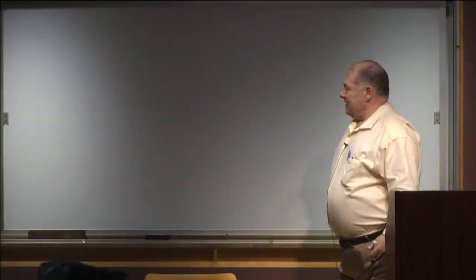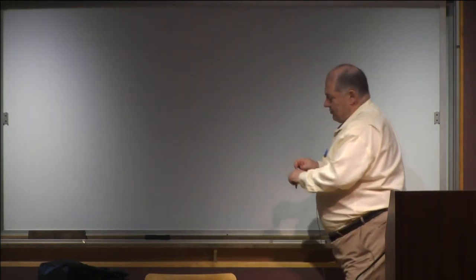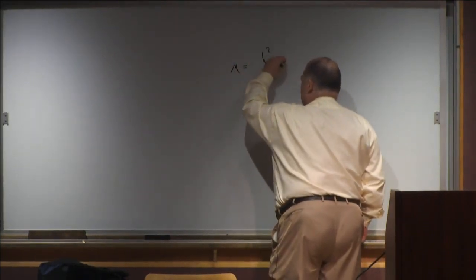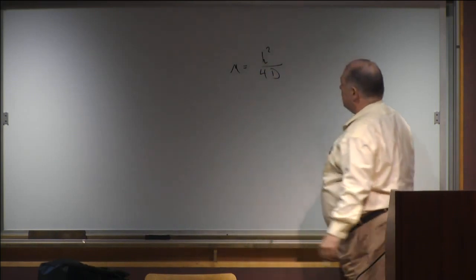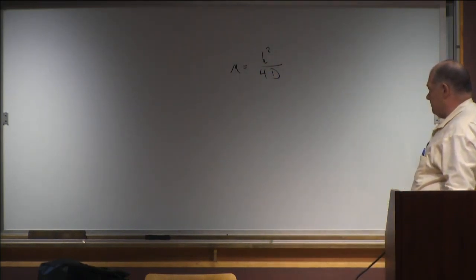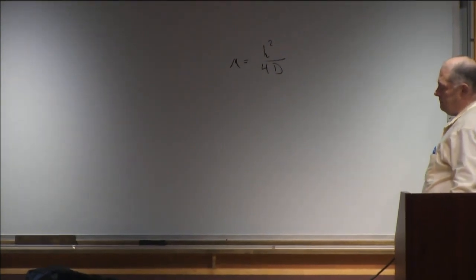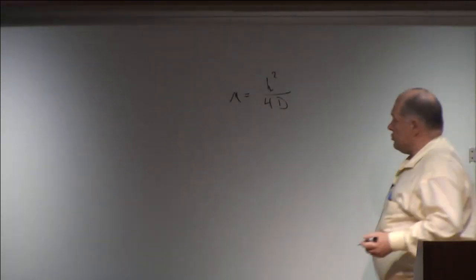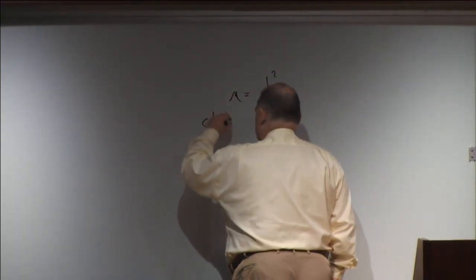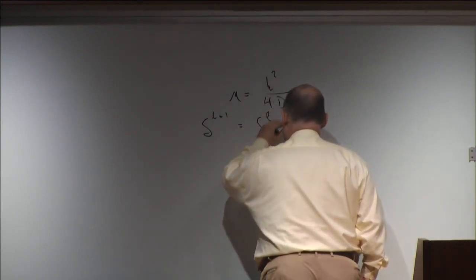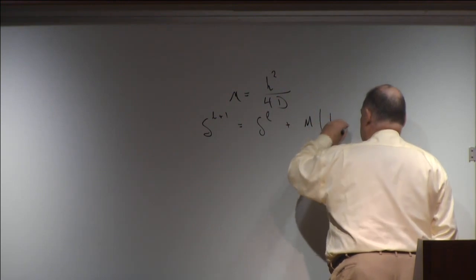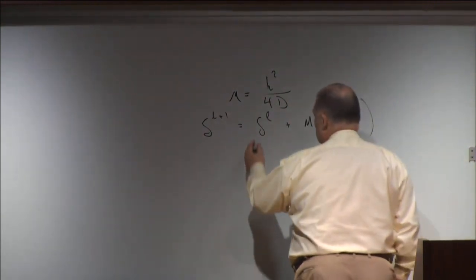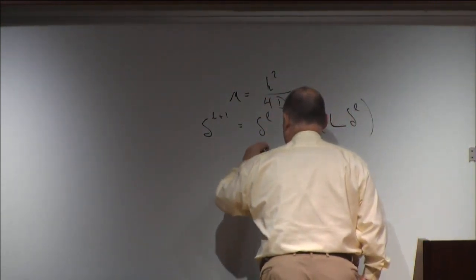One is the question of what is the relaxation parameter. So it is mu equal to h squared over 4 times the dimensionality of the problem. And one of the things that you can do to see how that's a natural one is you look at the error equation. If you look at delta L plus 1 is equal to delta L, and then you say mu L of delta L. That's the equation for the error. And if you use this value, you get delta L